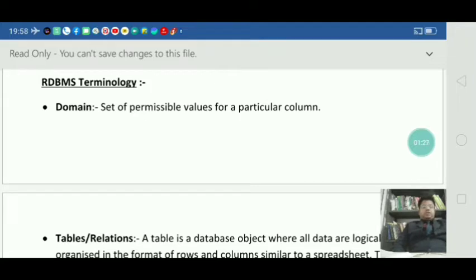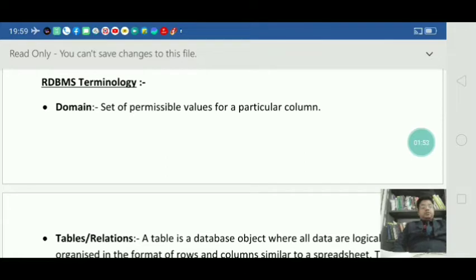So the first term is domain. Domain means the set of permissible values for a particular column. So the type of data that a column can take, those are called the domain.